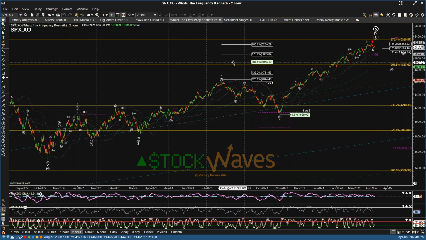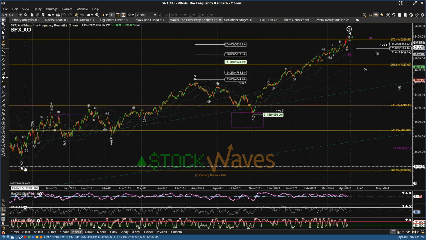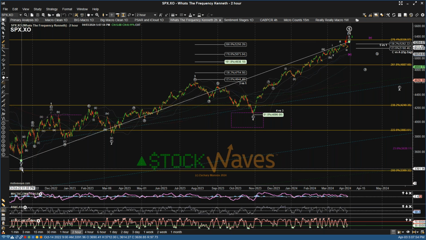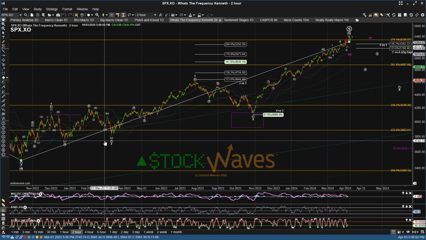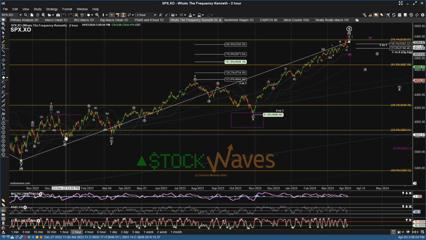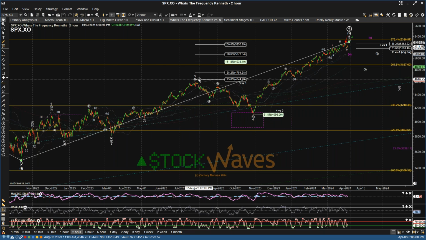So for that, I'm going to go to the What's the Frequency Kenneth tab. And here we can see just that parentheses wave 5 structure off of the October 2022 lows. We have an initial ABC move up, and then this expanded flat. On some charts, I've actually counted this as the wave 2 and this is the A, B, and C. It gives you a little bit